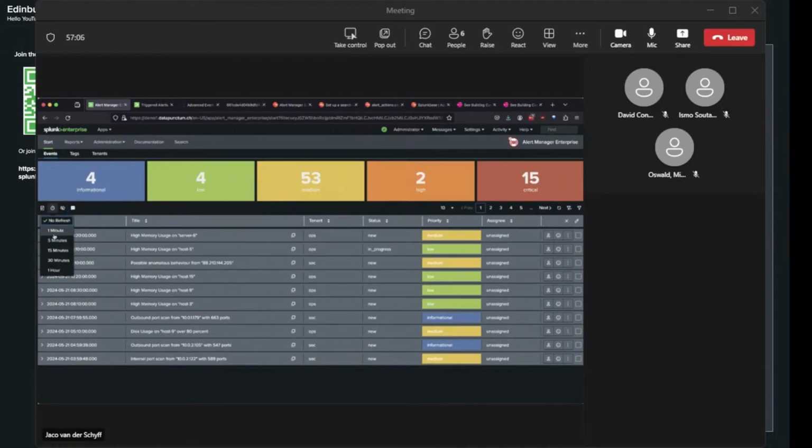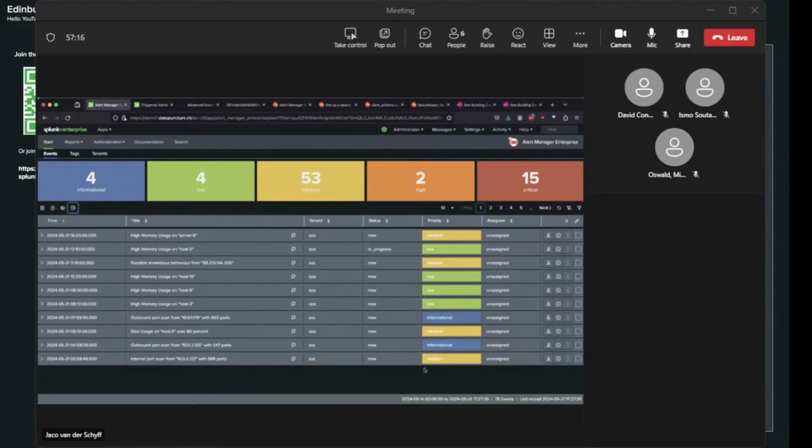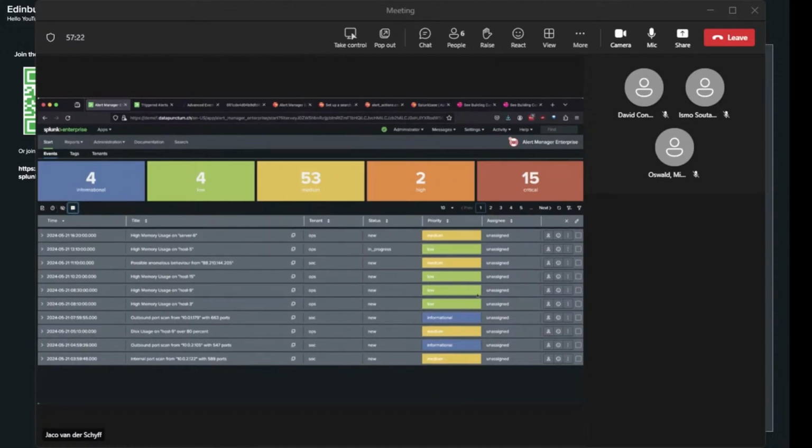We can say we want the screen to refresh automatically. Let's say we have a SOC, we have a dashboard on the screen, and we want this to refresh every 5 minutes, every 1 minute. We can set that as well. And at the bottom, we have a little summary that we can enable to show us some metadata about all of the events being presented on the screen currently.